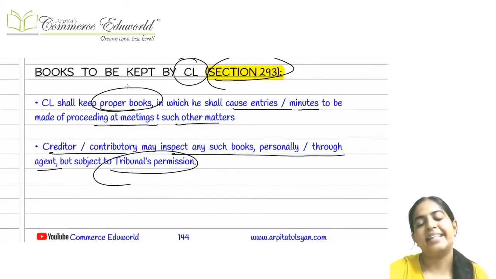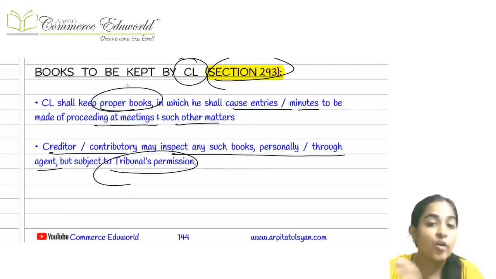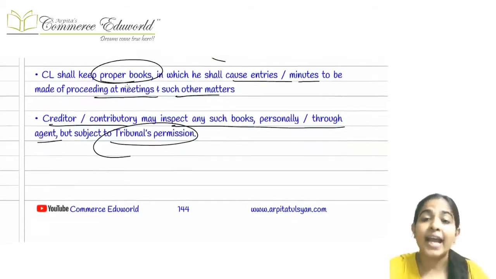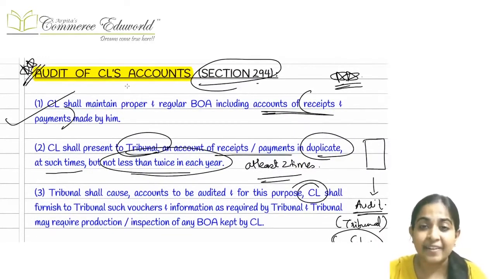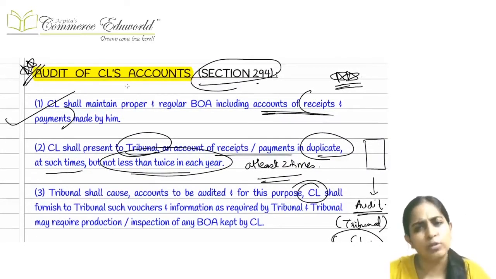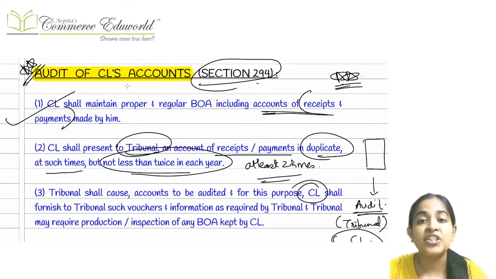Then the next thing, section 293, which talks about the books of accounts of the company liquidator. If he is selling any particular asset, he will record it in the books. If he is paying any creditors, he will record it in his books. So these books have to be properly maintained by the company liquidator, and they can be inspected by the members, by the creditors, by the advisory committee, etc., subject to the rules. Generally, when the creditors and members come and inspect, certain rules are applicable. But when the CG or SG is inspecting the books of accounts, no rules will be applicable.